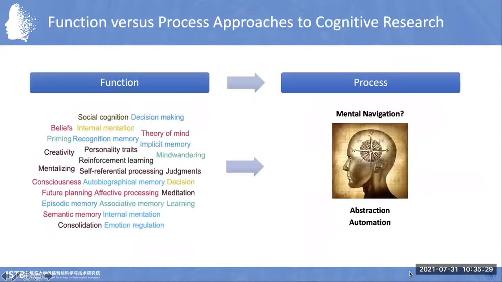So what I suggest, instead of focusing on these different cognitive functions, is that we should actually take more of a process approach as opposed to a function approach when trying to deduce what the system level brain networks actually do. And what I mean by that is that you can think about